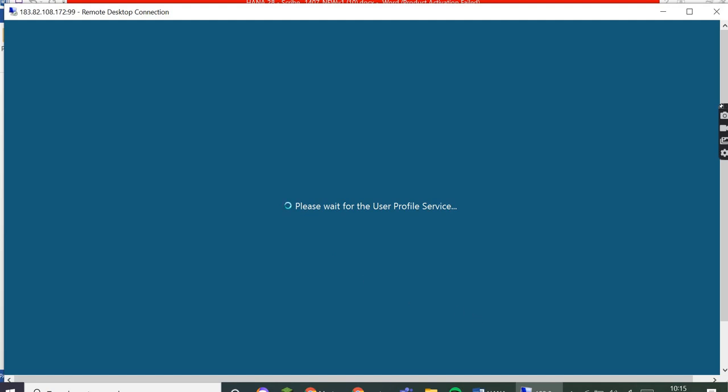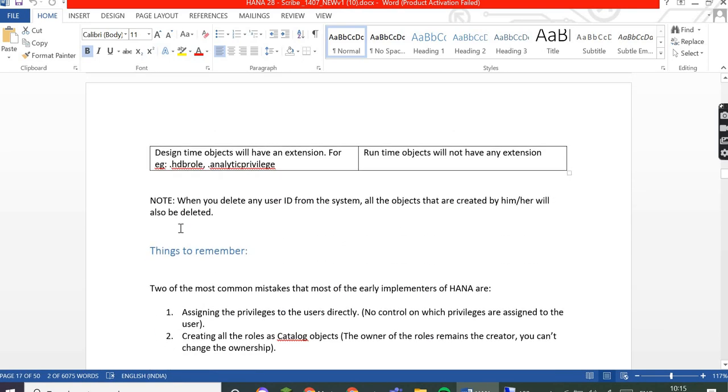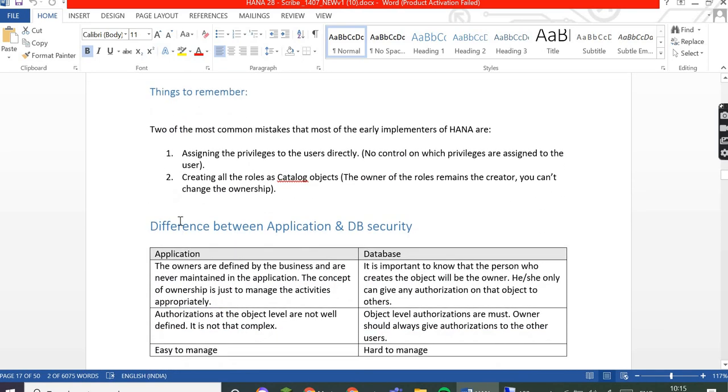So let's log in to the system, and we'll see the other things while the system is logging in. Here always remember two initial things, because people make a mistake. Whenever we want to give access to a user, we can assign the privilege to the user directly.